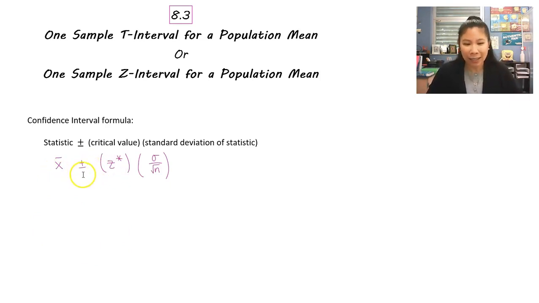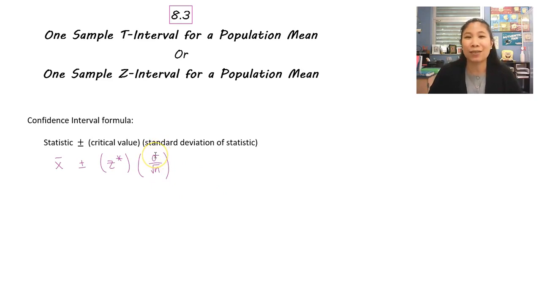And then we're adding and subtracting our critical value of z star times our standard deviation of the statistic, which from last chapter, we have sigma, the standard deviation of the population, divided by the square root of your sample size, n. Okay, so one thing about this formula is that this actually isn't used a whole lot, because this